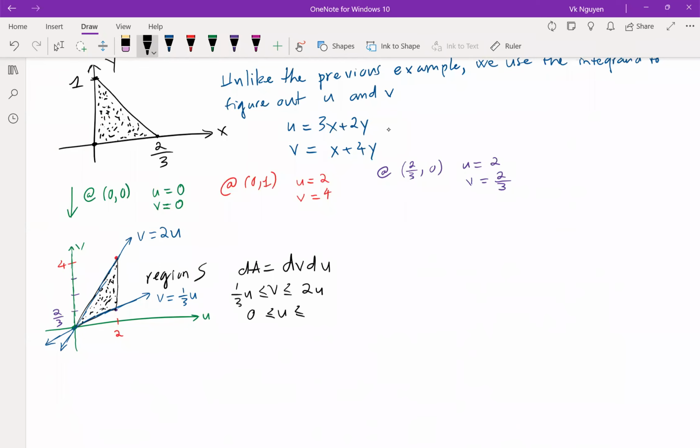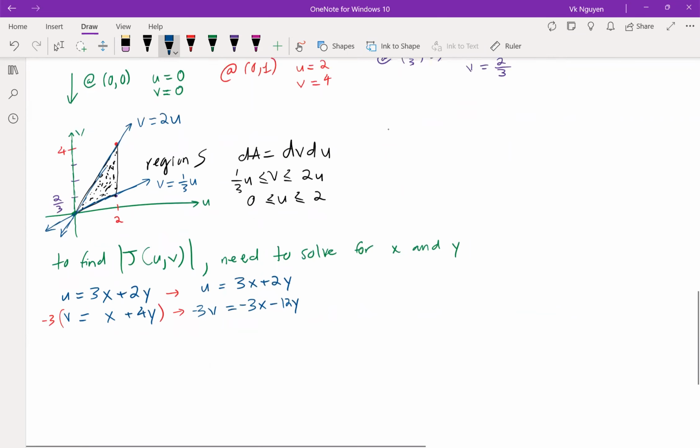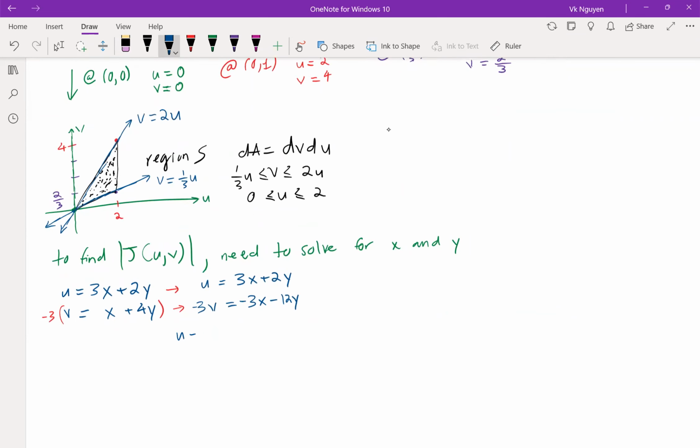If you look at this, u is equal to 3x plus 2y, v is equal to x plus 4y. So I'm gonna multiply this by negative 3 here. U is equal to 3x plus 2y, and then negative 3v is negative 3x minus 12y. So that means u minus 3v is